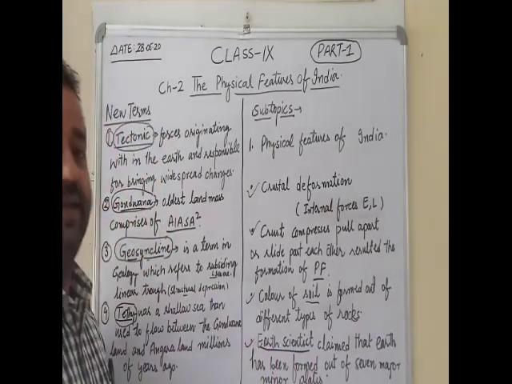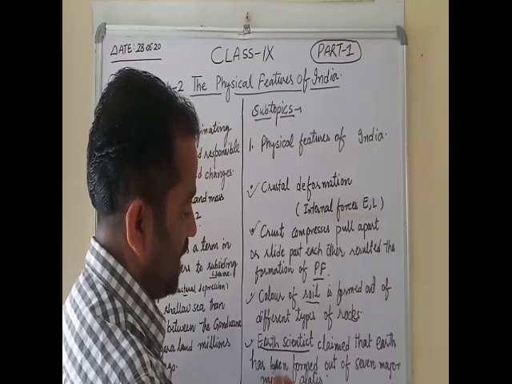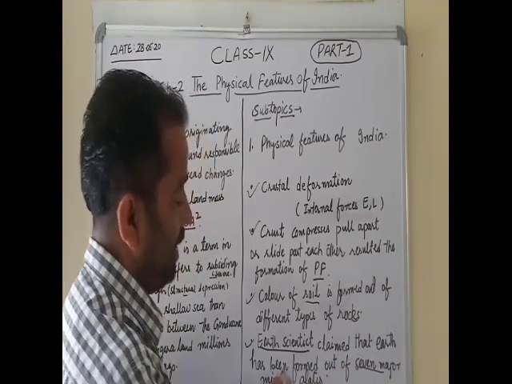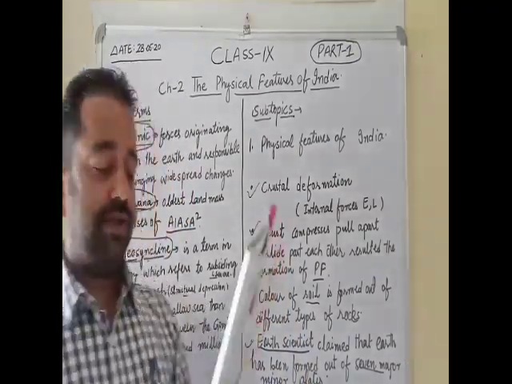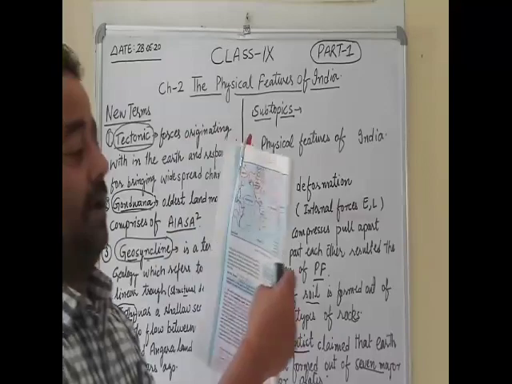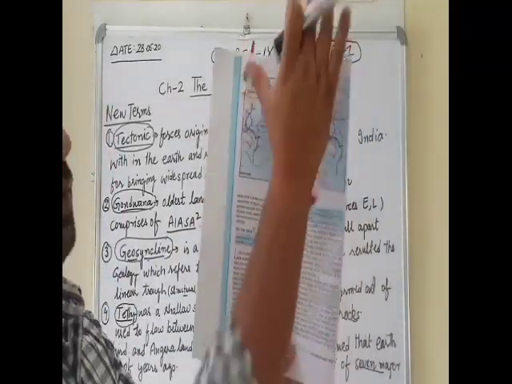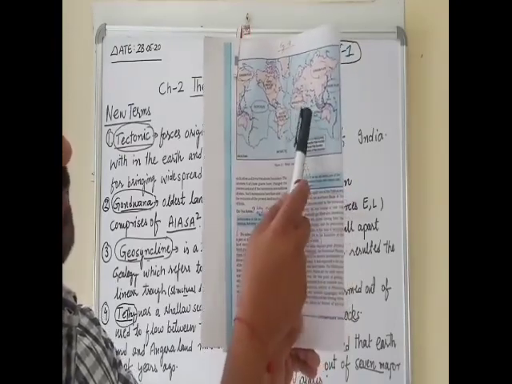जो अर्थ के जो साइंटिस्ट हैं, क्लियर, earth scientists claimed that earth has been formed out of 7 major and minor plates. Let me show you, okay. So this is your NCERT book. So here I have circled, this is visible to you, okay. Here I have circled some major tectonic plates.